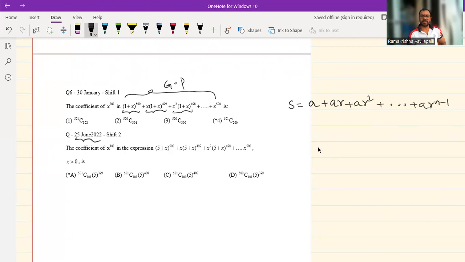There are n terms. This is equal to A into (1 minus R power n) by (1 minus R), of course with R not equal to 1. So this is the formula to find the sum of n terms of a GP. Right? So in question number 6,